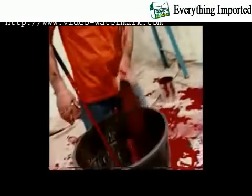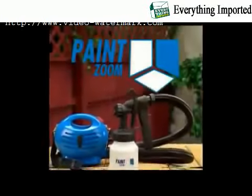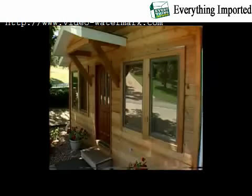So dump the brushes, rollers, and trays and start painting the easy way with the Paint Zoom. You can turn trash into treasure, turn ordinary rooms into extraordinary living space, and crank up the curb appeal on a home